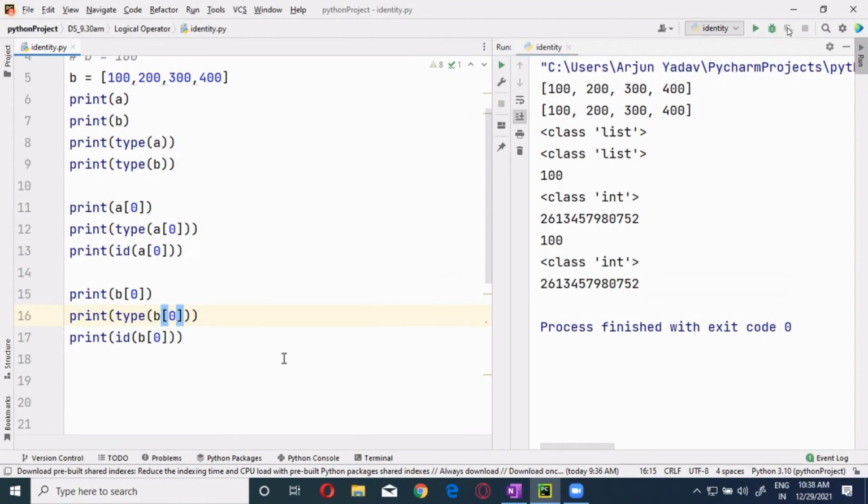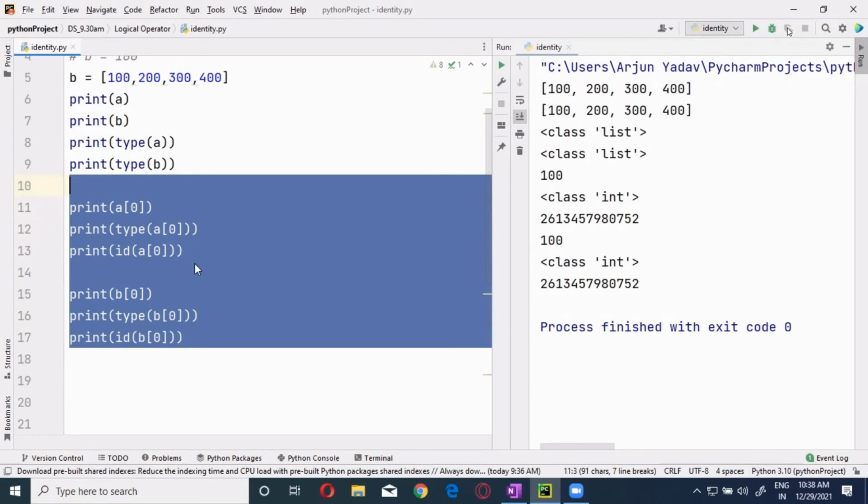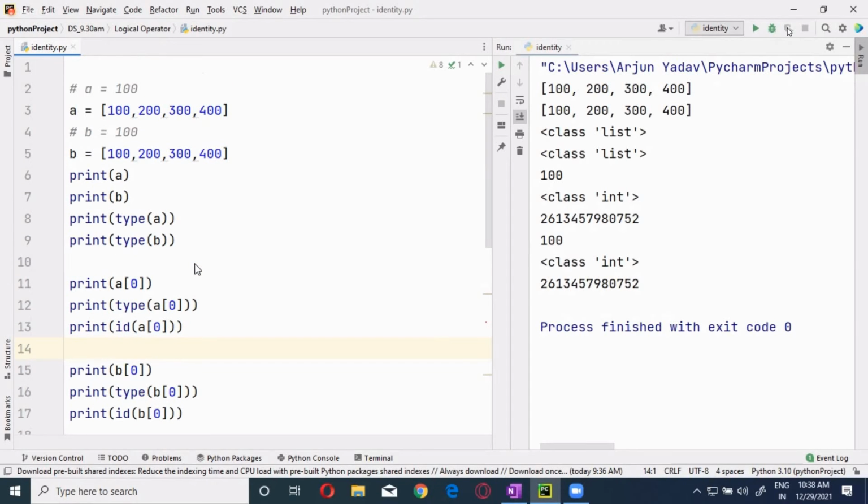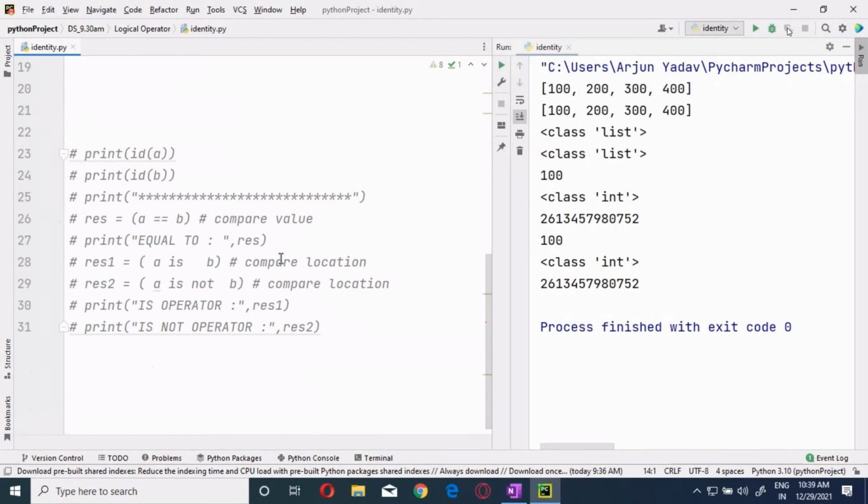Clear, guys? This is the identity. Now, the question you may get here is a very common question. If you are a fresher or you have 1 to 2 years of experience, they will definitely ask this question: what is the difference between the is operator and the is equals to operator? They will say to show it not on the system but on paper or the whiteboard. There will be a whiteboard. They want you to write it like this. This is the program you have to write.